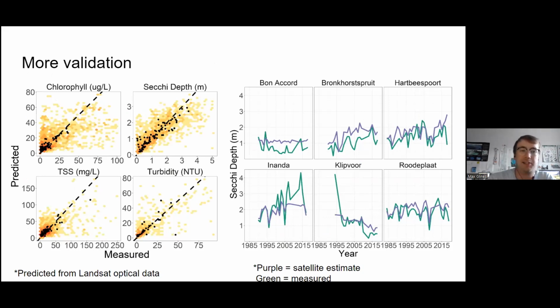And so looking at our plots here, the black points on there are means, and the colored hexagons represent binned points. And so you see, looking at those bins of individual points, there's a lot of variation in there, especially towards the higher ends of measured values. But looking at the mean value, it works pretty well. So if you wanted to look at just a long-term mean,